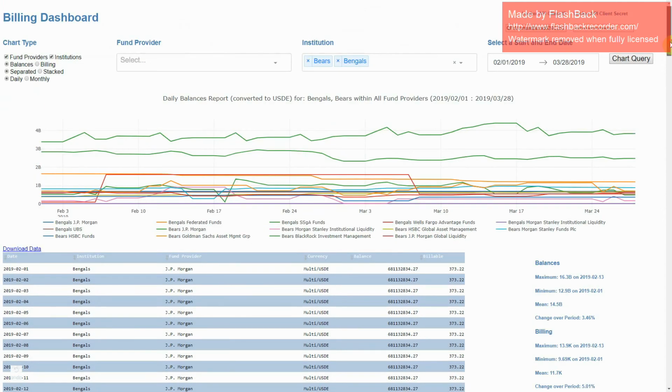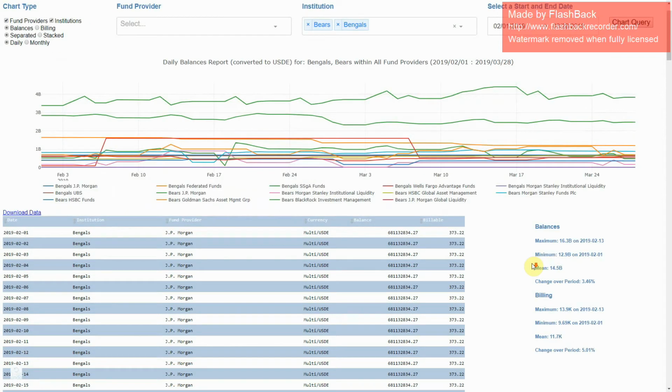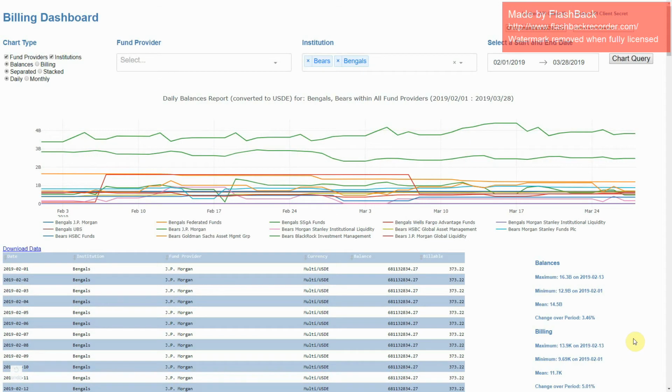To the right of this is a quick snapshot of some key metrics. It gives you the max, min, and mean and the change over the time period of the query data. This lets the user have a good understanding of what they're seeing before they do any further data exploration. So back to the